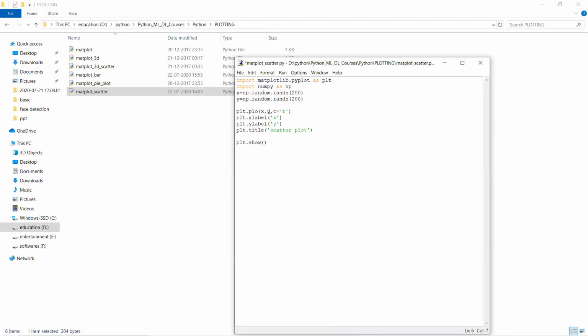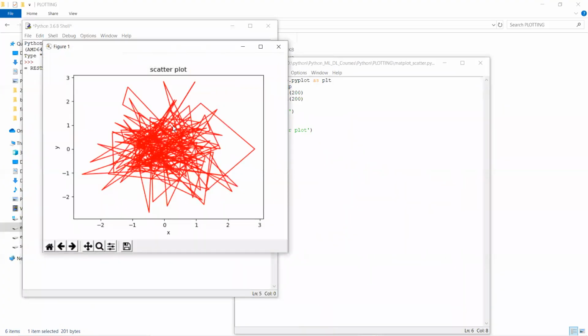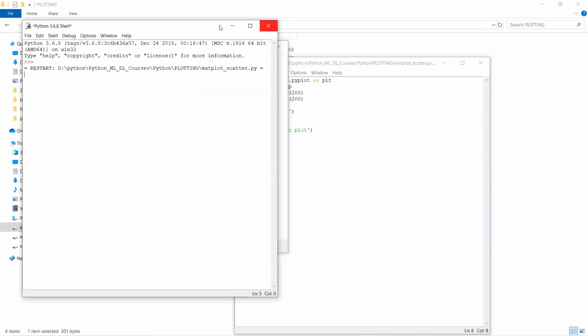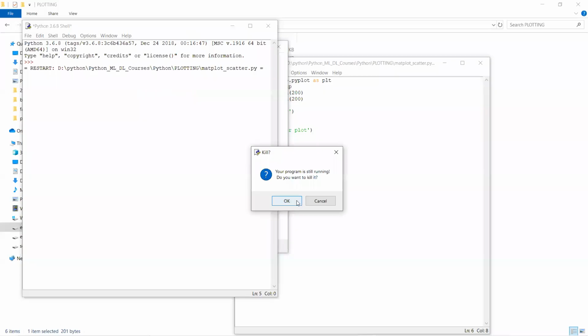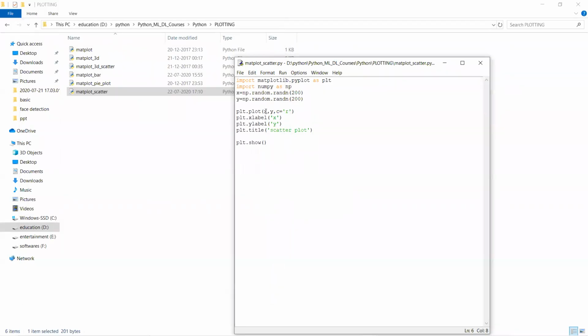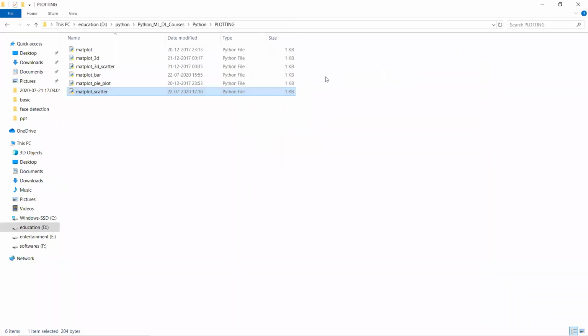We can go through plot also. You can observe how random it is. To get clarity about where we have future points, we have to use this scatter and plot. Okay, so according to our requirement, we can use this one. So I'm replacing it with scatter, and another one is also there.